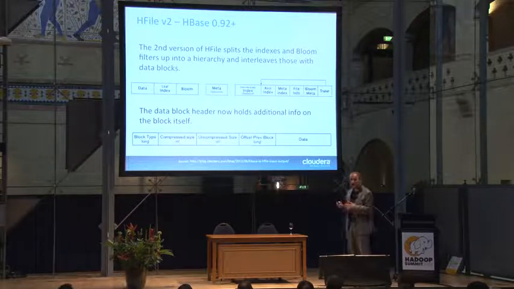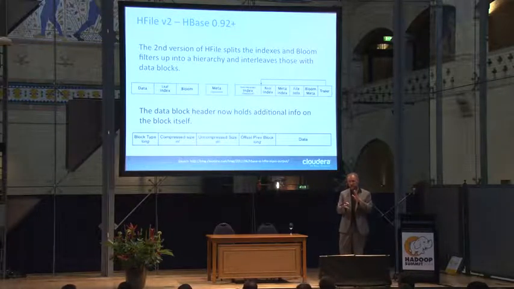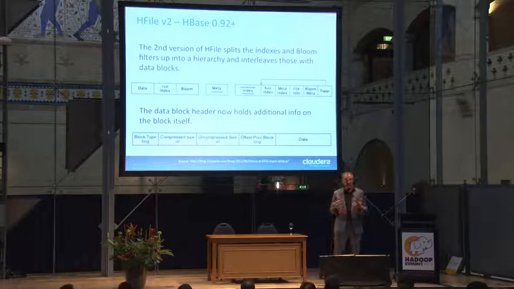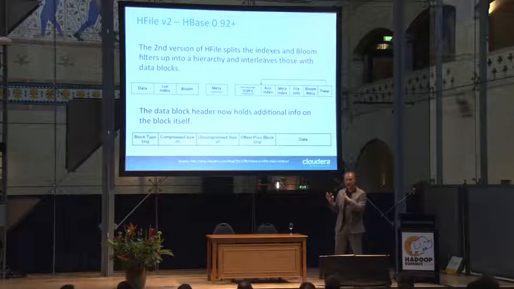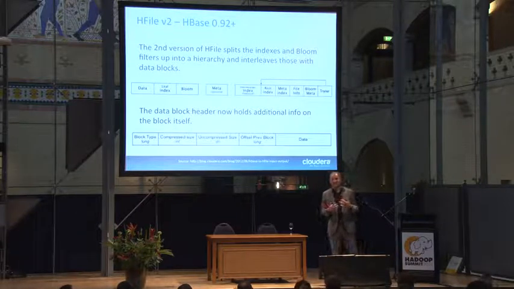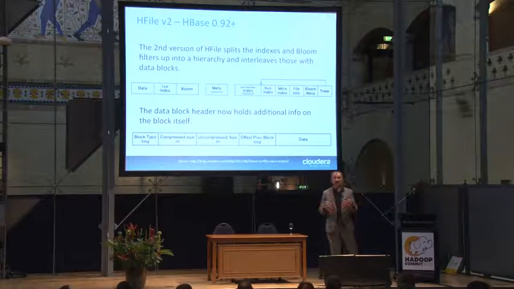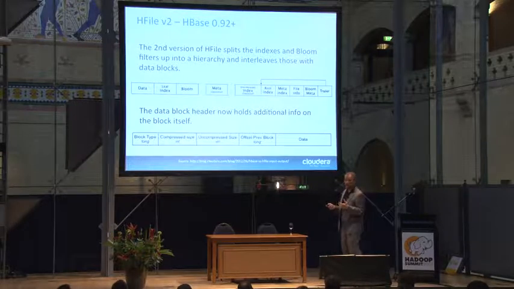It splits up this organization of blocks. The problem was that if you use Bloom filters or if you use compression, where the blocks typically get smaller, eventually you had a problem that the indexes were quite large and you had to keep them in memory. You have to always read the trailer of the file and know where things are, and you had to cache them in memory. And that, with the number of files that you have and the size of the files, could get quite large.